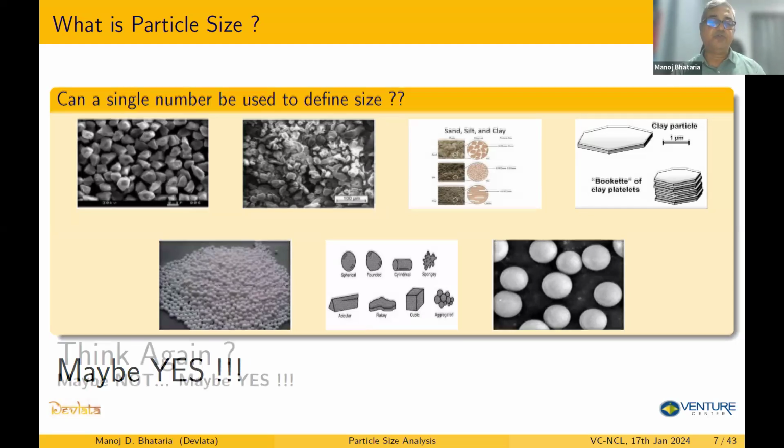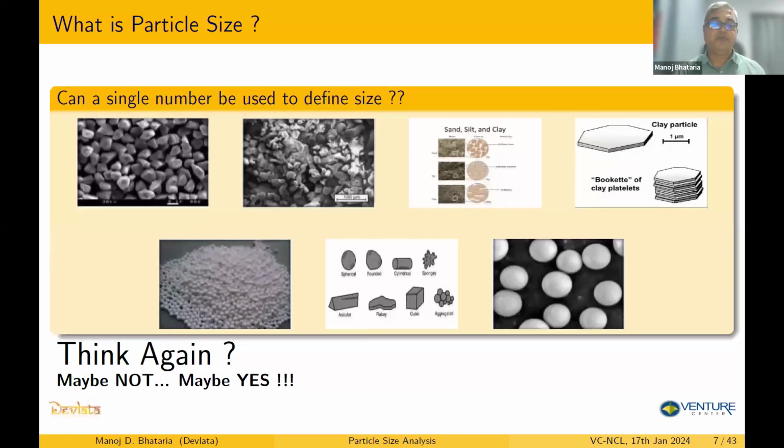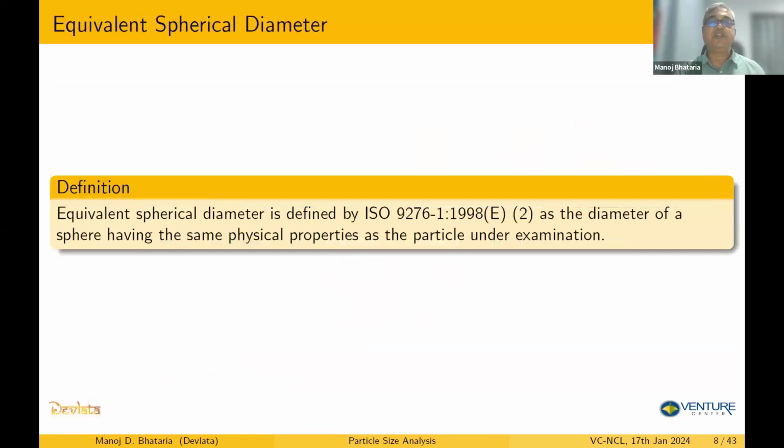So what we do is we have come up with a concept called the equivalent spherical diameter. This is what is defined by ISO as the diameter of a sphere having the same physical property as the particle under examination. So typically when we do particle size measurement, we don't measure the size directly. We measure the physical property which is associated with the size. For example,